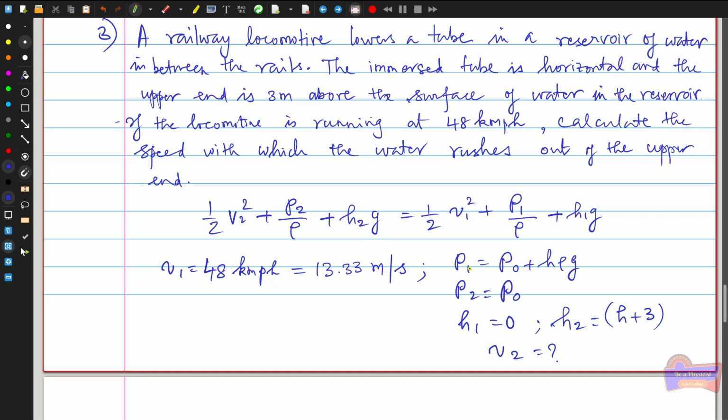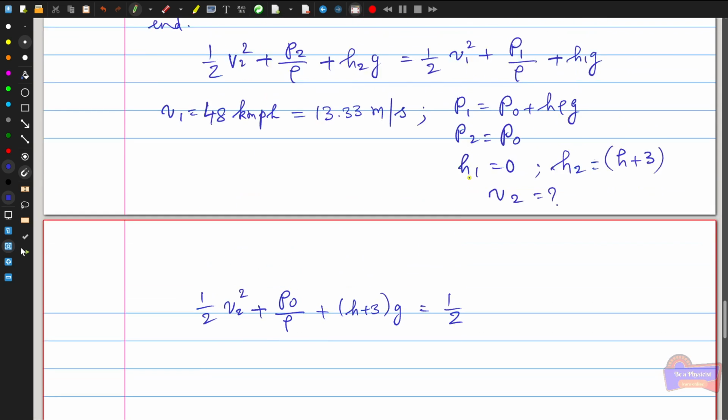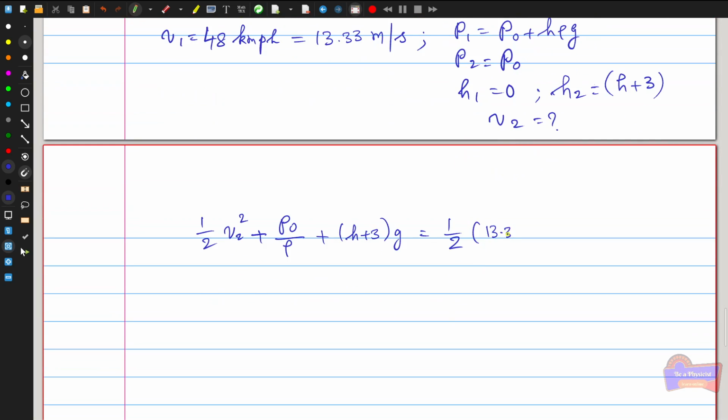Okay, therefore I substitute all these values into this equation, and I can write the equation as half V2 squared plus P0 divided by rho plus H plus 3 times G, which is equal to half into the other values, V1 and everything we know, so that we have half into 13.33 meters per second the whole squared plus P0 plus H into rho G divided by rho plus the height, which we have taken H1 as 0. Finally, we can find out the V2 squared, which is equal to